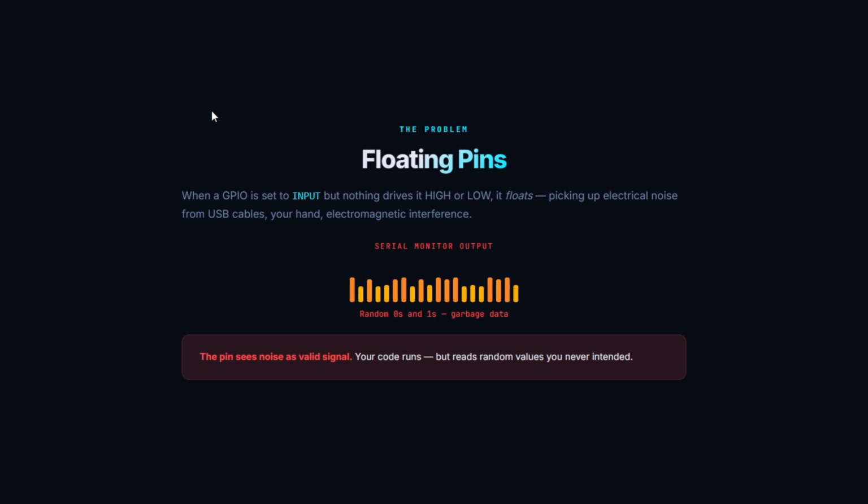Okay, so the problem is we use the GPIO as input. But there is a problem when we declare a pin just as input. Nothing drives it high or low, so it is in a floating state. So it can pick up electrical noise from the USB cable or human touch or electromagnetic interference, and the signal will be a random garbage value, and actually it doesn't work. So what we need